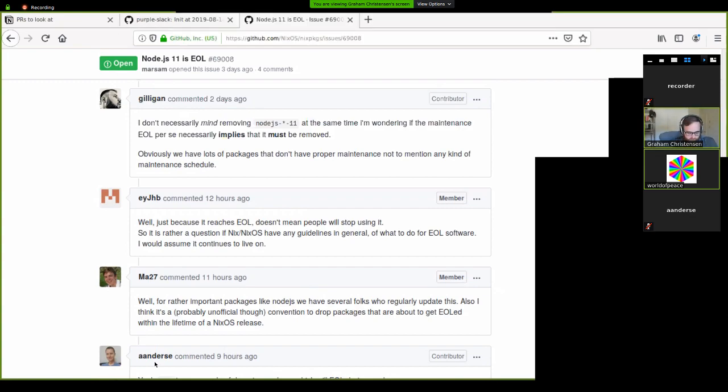Yeah, that's exactly right. Keeping end-of-life software in Nix packages sort of gives the impression that we are maintaining it. And we are definitely not maintaining Node.js 11. So the typical thing we would want to do is remove it from Nix packages before the next stable release. And then, if people have trouble or need this older version, say okay, you can get that, but you have to fetch this old version of Nix packages, because we don't formally support this.